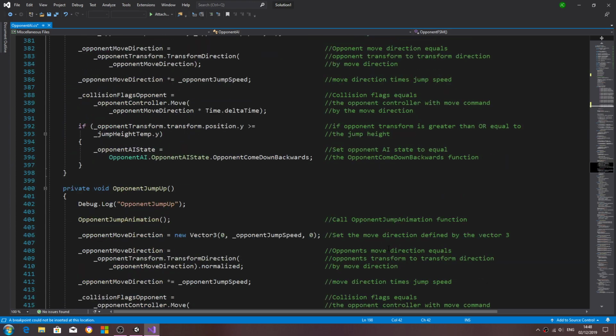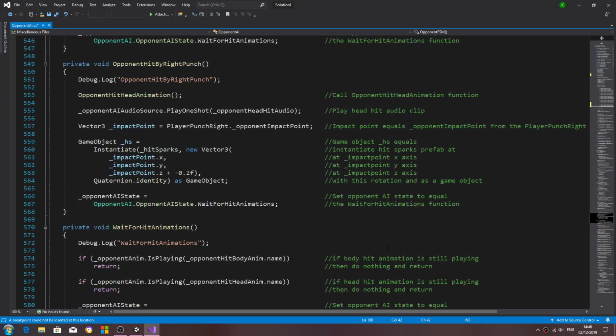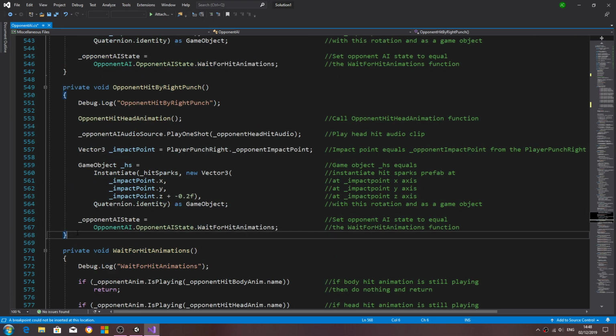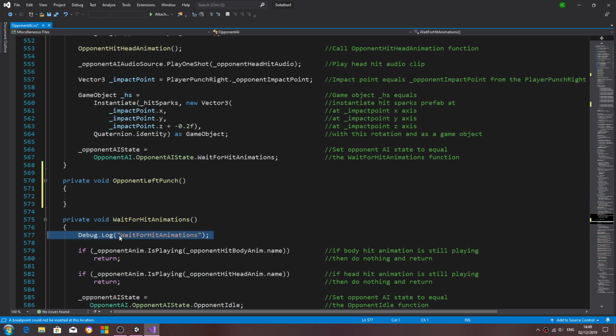And what we're going to do is scroll down the script. Again, you can put these where you like. I'm just going to put mine here, just before the wait for animation functions, and we'll begin by creating the first one. So private void opponent left punch. We'll open and close brackets, we'll open and close again. Let's copy in a debug log,